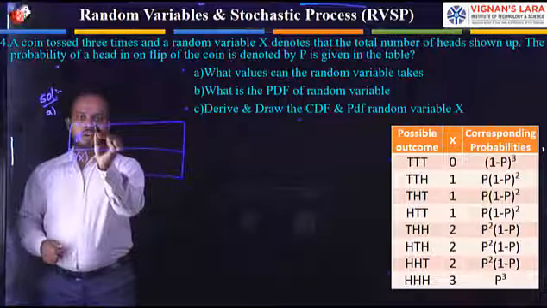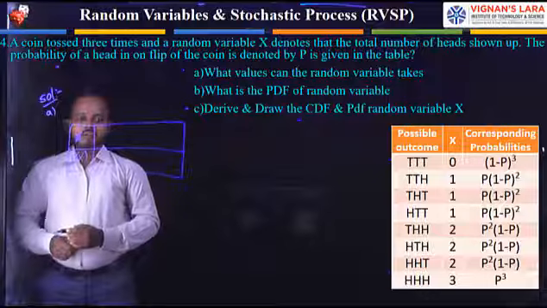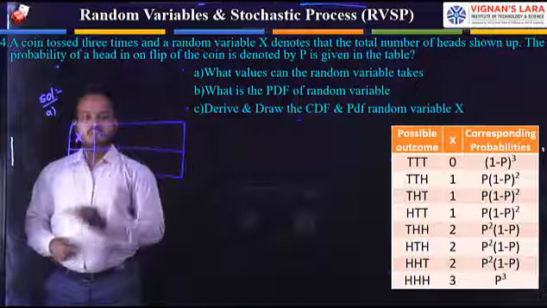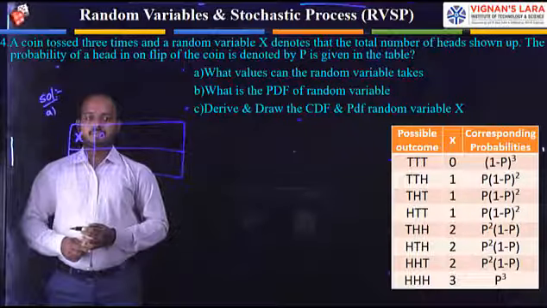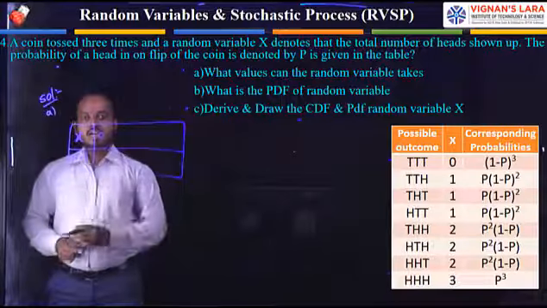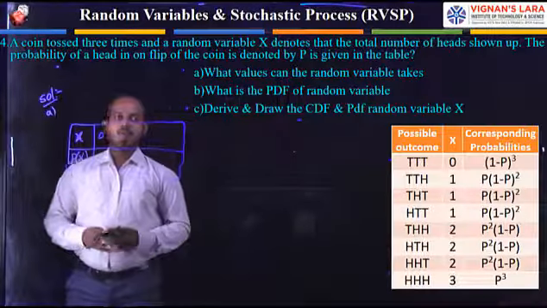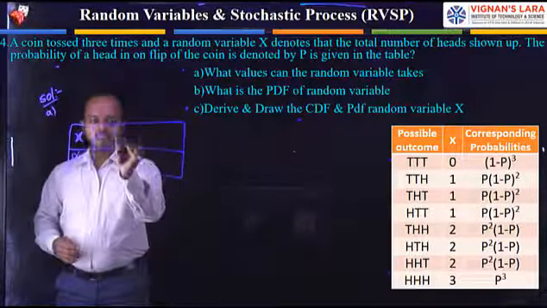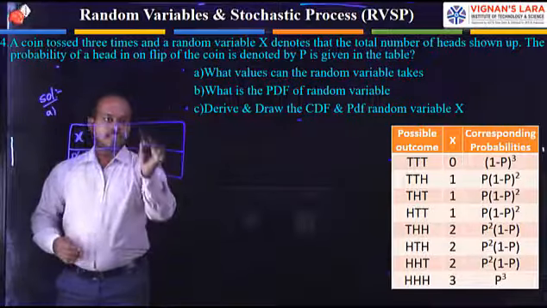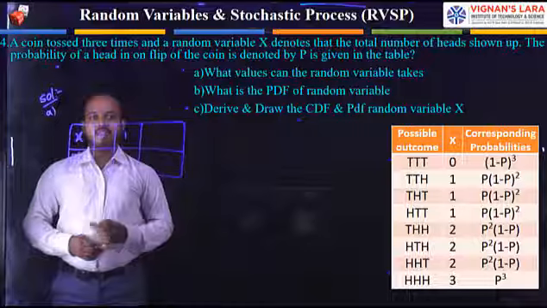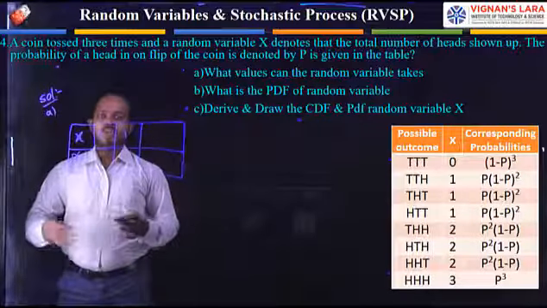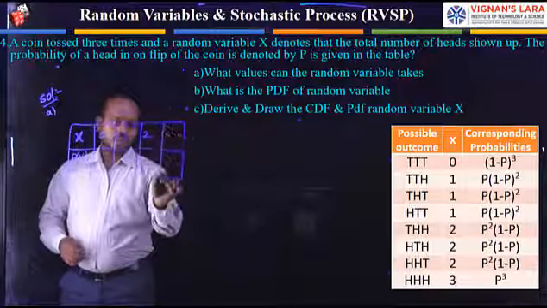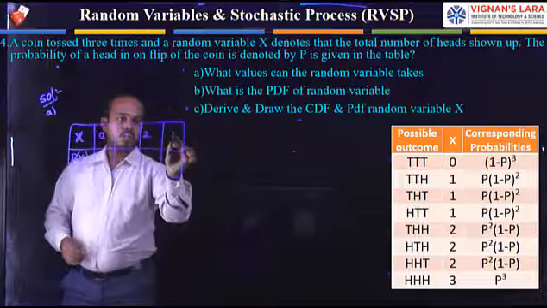Now you can represent it. From the table we are having the values for 0 heads. That's why I am writing 0 heads, notation is 0. And next we are having the 1 head notation. In this tabular form we are not writing the number of ones, only the single one. That's why I am writing 1. The next element in this random variable is 2 heads, and I am giving the notation 2. And the next event is 3 heads.